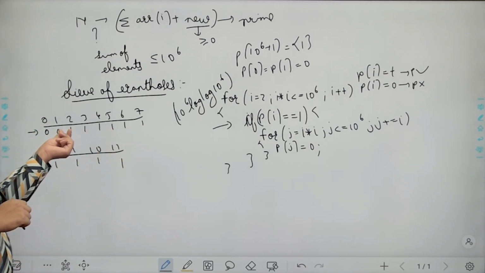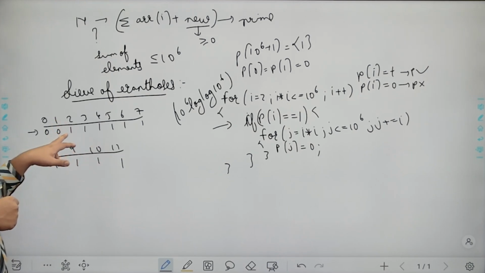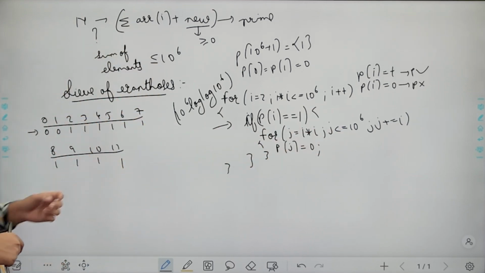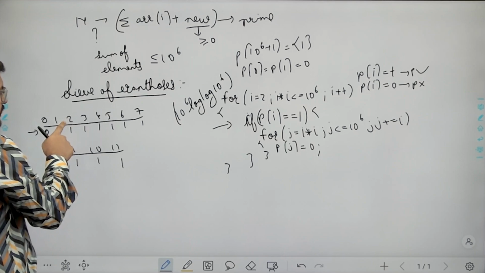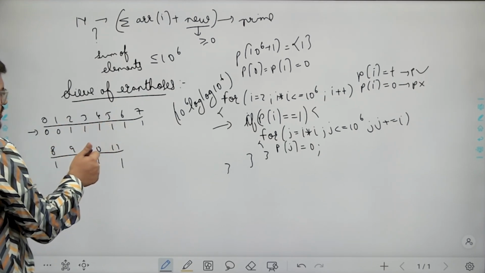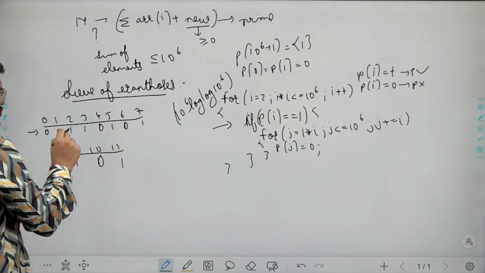Now starting from I equals 2, if P of I is 1, it means 2 is a prime number. Starting from I square, I'll go up to 10 to the power 6. Here I'll go till 11. So I square is 4. So 4 plus 2 is 6, 6 plus 2 is 8 and 8 plus 2 is 10. All of these I'll mark as 0 because these are multiples of 2 and 2 is a prime,